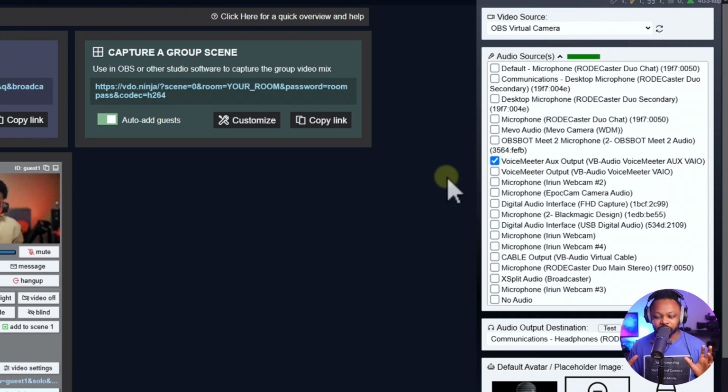You just have to make sure there's no echo. If there's any problem, you can choose between either aux or the main output, no problem. Okay. So that's pretty much it. Now at this point, you can see I have a signal, and this signal contains both my microphone and the actual laptop's audio. Now I'm gonna do a quick test with my guest to see if they can actually